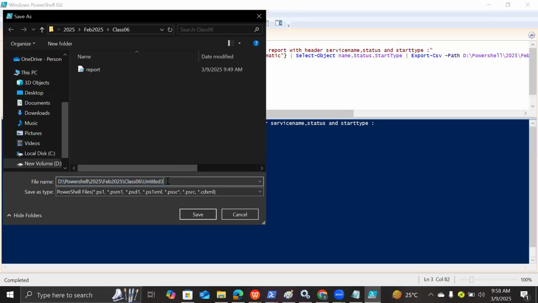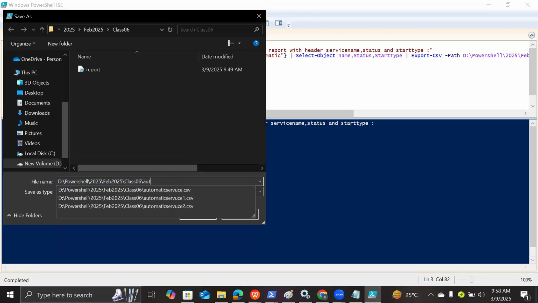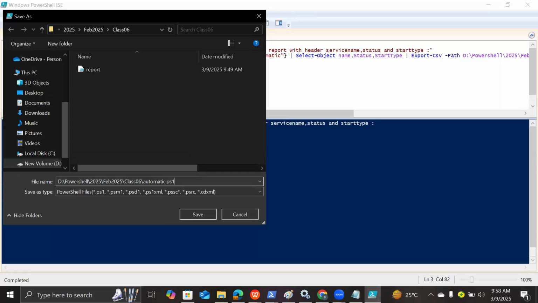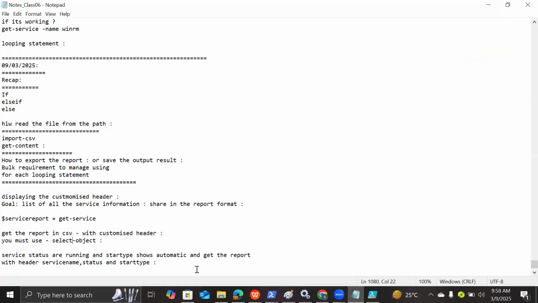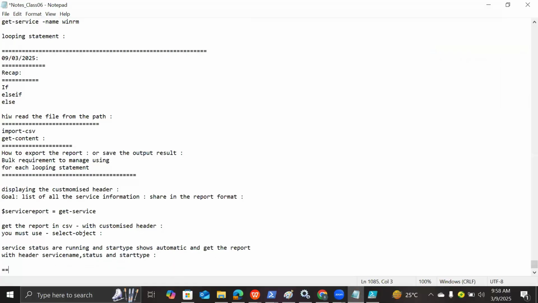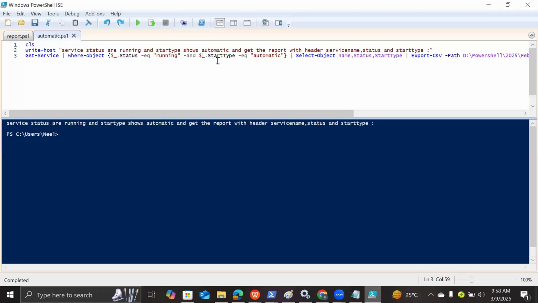Now it is for automatic service. You understood everyone? This is how we export the report. In this file, it is done. Now with the help of reporting this file and importing the file, everything, I wanted to talk about the bulk example. Now the same information, whatever result you wanted to see,